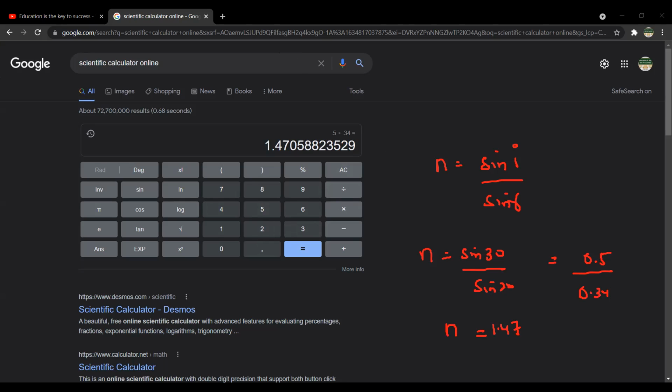And refractive index does not have any unit, no unit for refractive index, because it is a ratio, it's a comparison. That's why the refractive index does not have any unit. So the first formula for refractive index, if it is traveling from air to glass, is this formula. The second formula for refractive index is for when it is traveling from